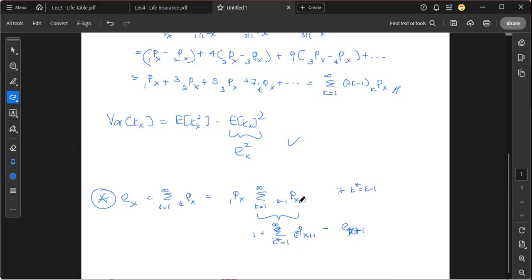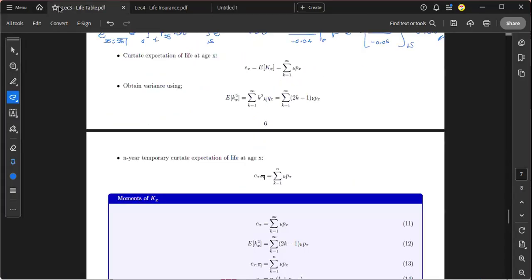So that means survive from x plus 1 to x plus 1. So it is almost 1. That means times 1 plus x plus 1. So that's how we can rearrange that infinite sum to get this